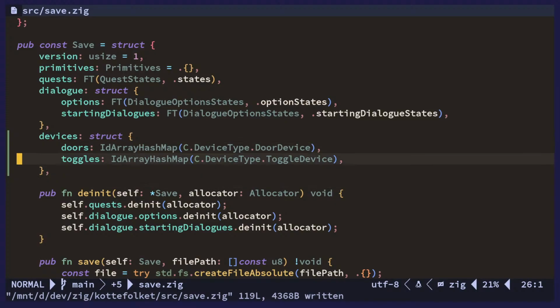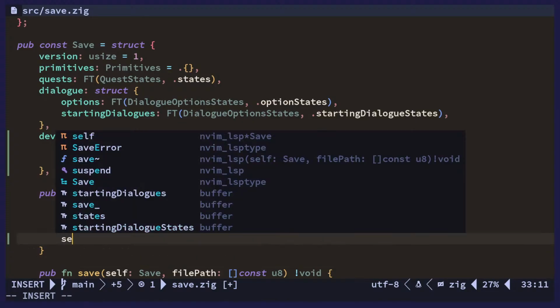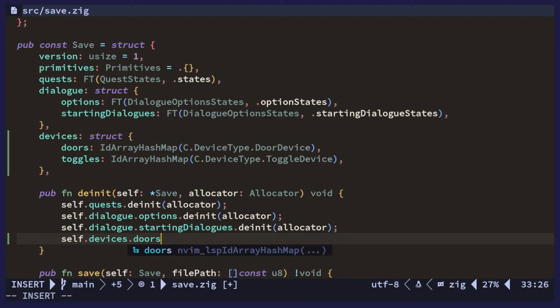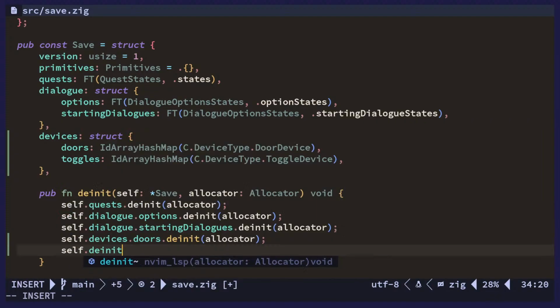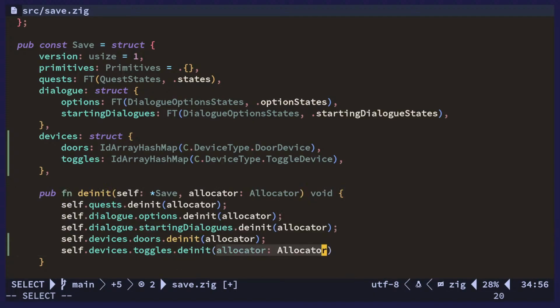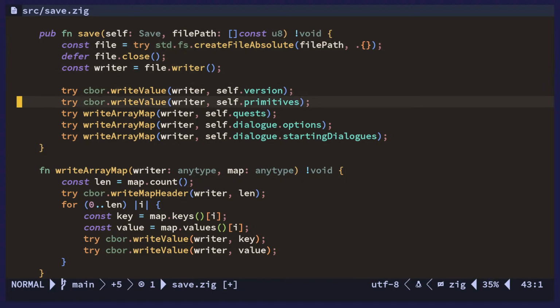Now every time we make a new one, we have to add it here. Right, and we don't need to store every state. We just need to store those states that are different from the initial state. All right, but now we have the means to persist it. We just need to fill in some blanks here. So this will be devices, doors, deinitialize. All right, and when we save,